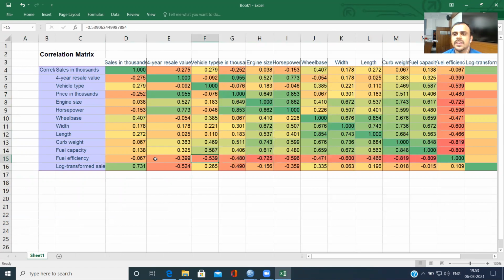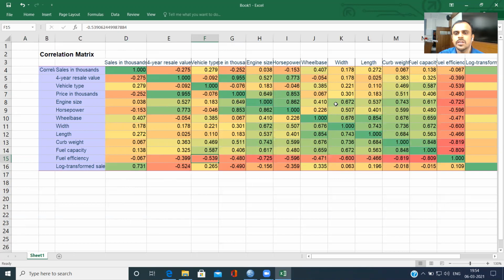So nothing in the vehicle characteristics has a positive relationship, right? Also, you can see along the diagonal, consistently 1, which basically means that we are looking at the relationship of a variable with itself. Understandable, because a variable will have a perfect positive relationship with itself. So we don't need to look at the ones which are present diagonally.